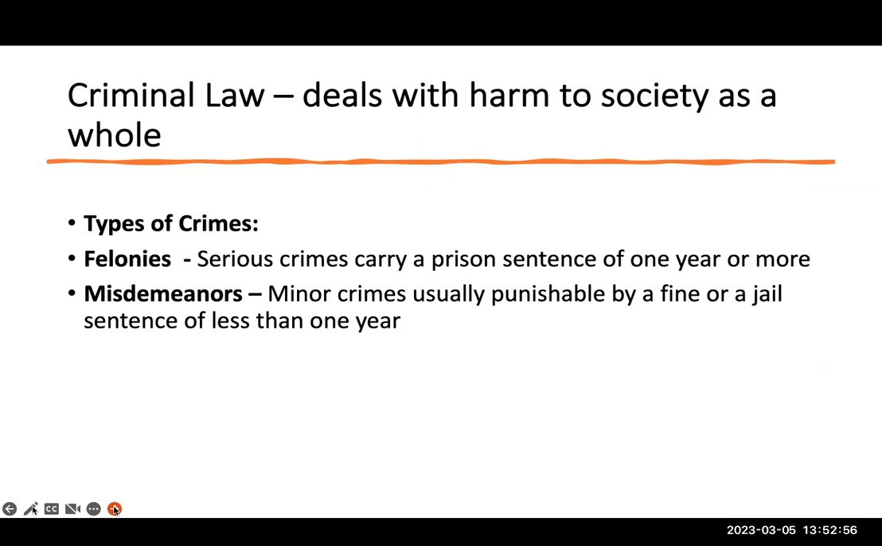Again, even though we say that criminal law deals with harm to society as a whole, it also primarily deals with harms to individuals. Does that mean that the individual, or the victim, is in control of the proceeding? The answer is no. An example of this would be a spousal abuse case. Oftentimes, following an